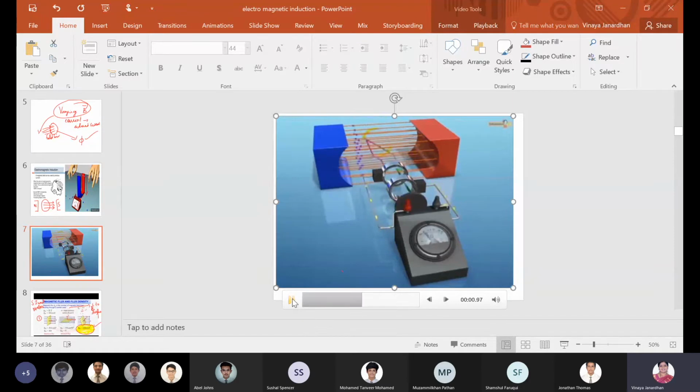Can you see? Your galvanometer shows a deflection in both directions. So when the galvanometer shows deflection in both directions, it means the current flowing is alternating in nature. That is the current we are utilizing. Our current from the electrical power supply which we are using is alternating in nature. It keeps changing its direction after regular intervals of time.